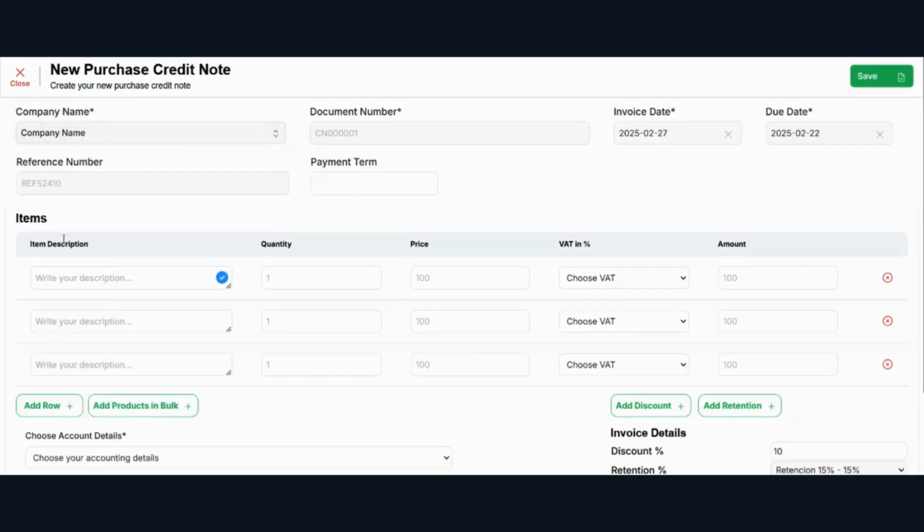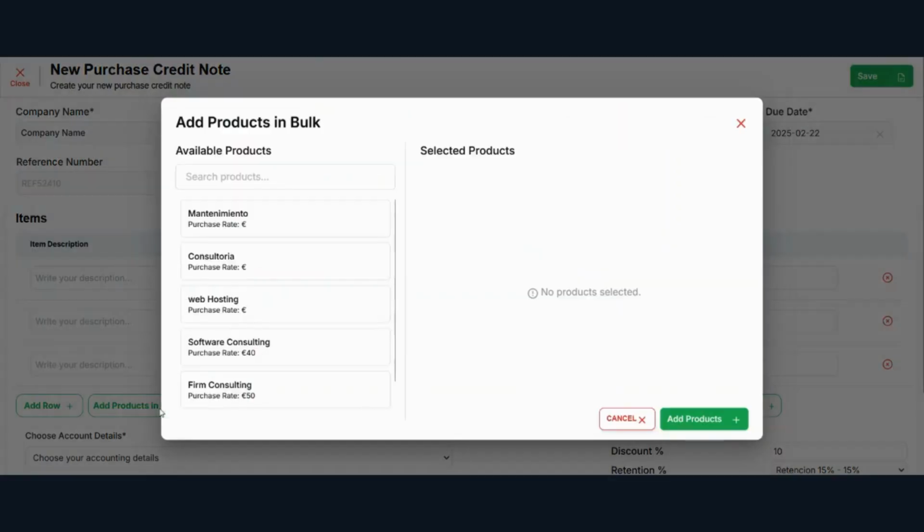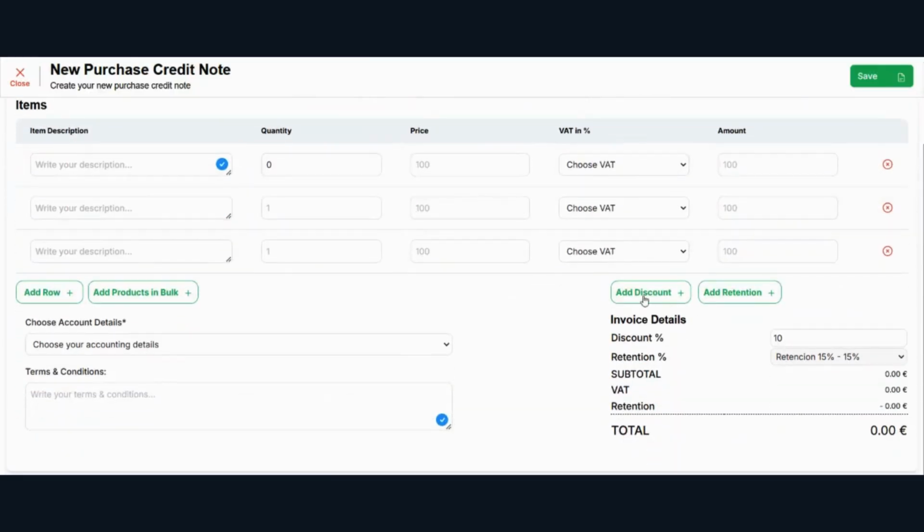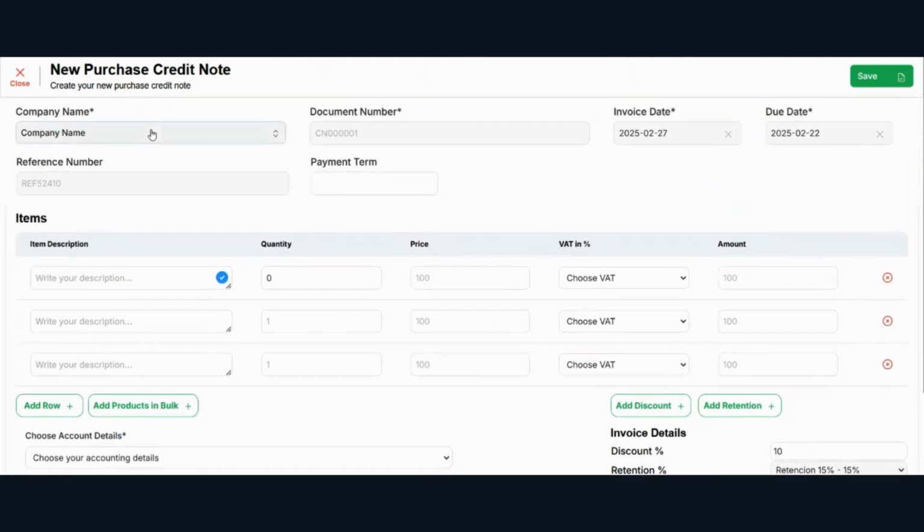Here you can add your item manually, and if you want to add your products in bulk, you can choose this option. Then you can add discount, retention, choose the account detail, then terms and conditions. Let me fill in the details.